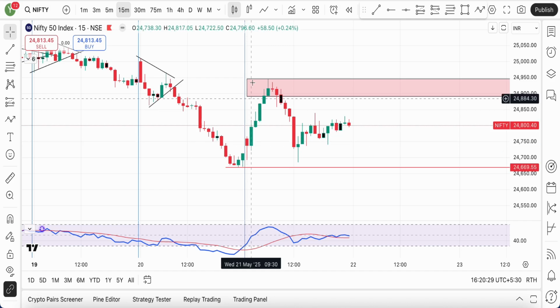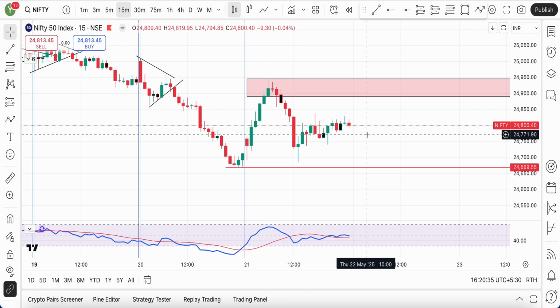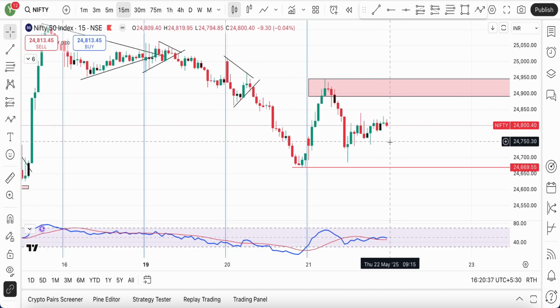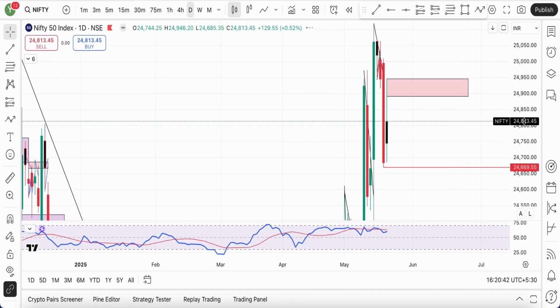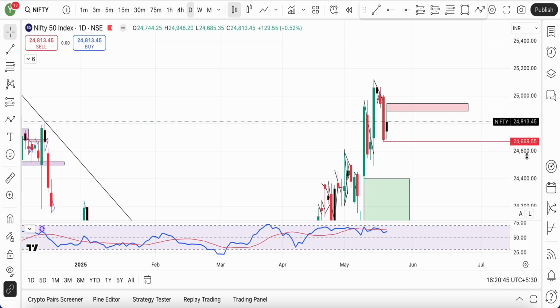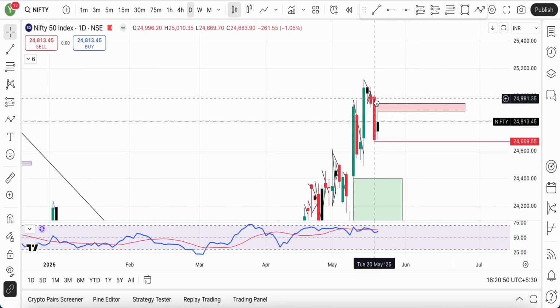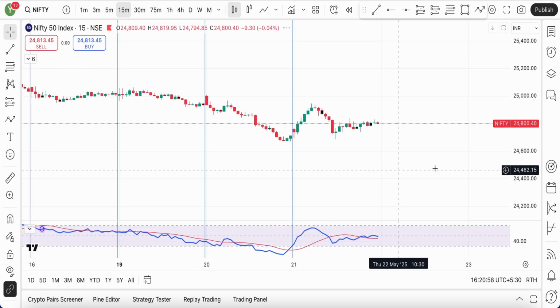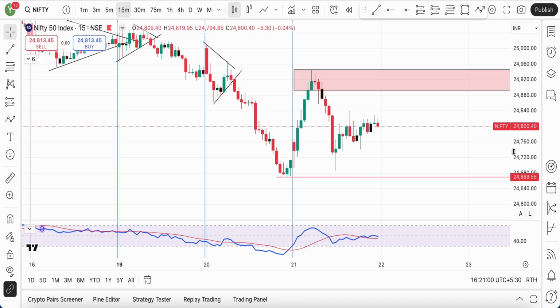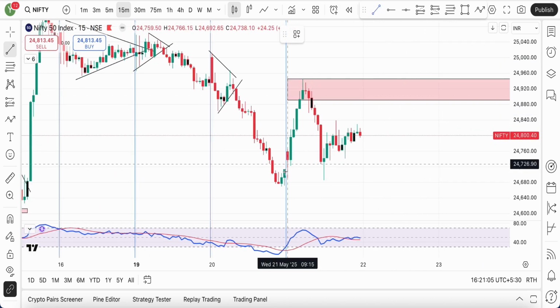It does not mean that every time it will be only in a sideways or a small kind of pattern. No, that's not going to happen all the time. For tomorrow, this is a trade on the daily time frame. The candle which we established yesterday was a strong bearish candle. Any break below yesterday's low with a pullback will be a good trading opportunity. But how can we time the entry earlier is something we can look at, an earlier entry around here as well.